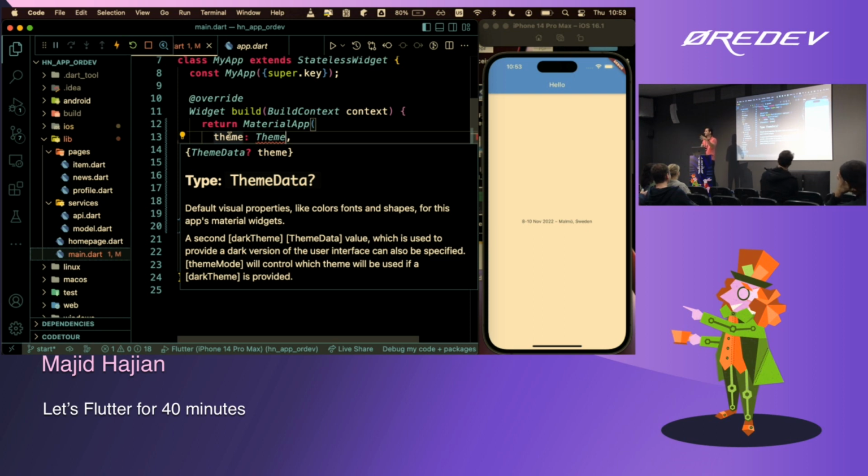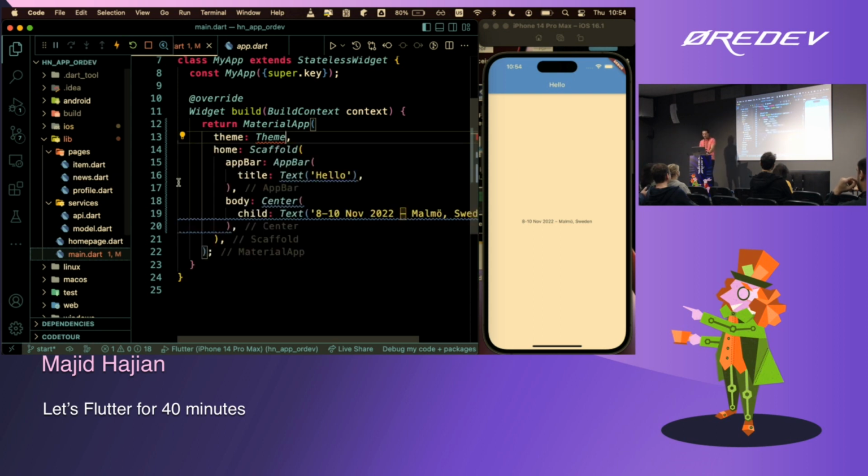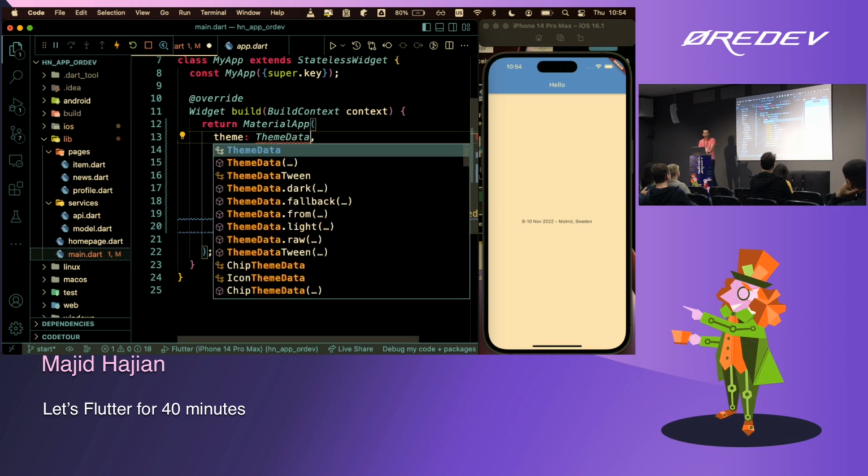Otherwise, if you say this is a theme data, compiler requires you to pass that. You cannot pass null. So it's pretty safe. So then in this case, I'm going to just change my theme data, right?